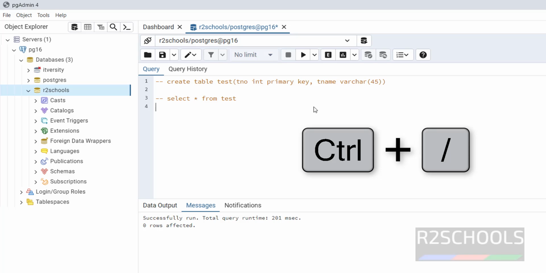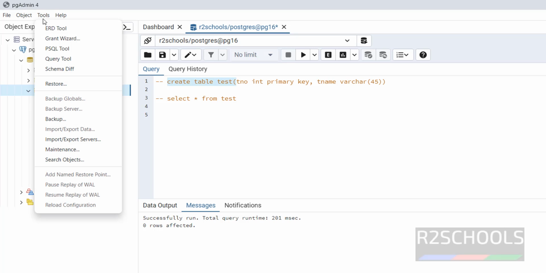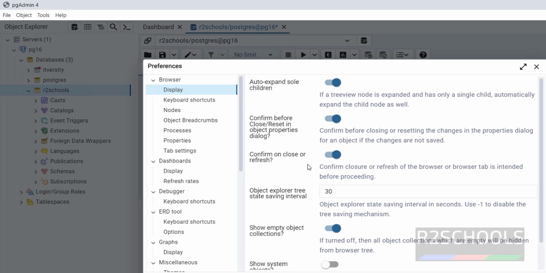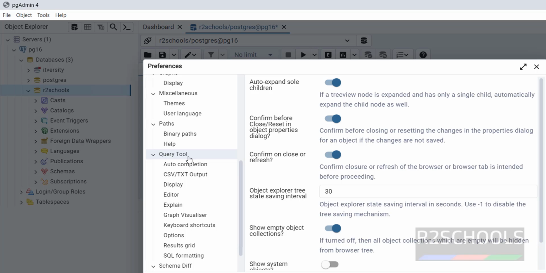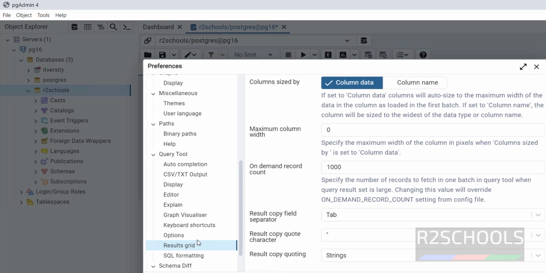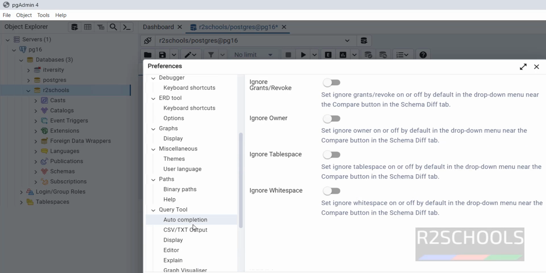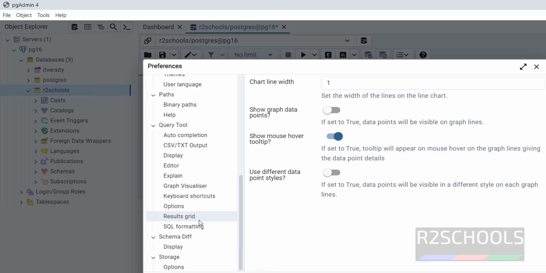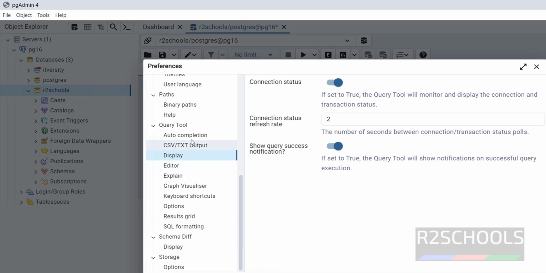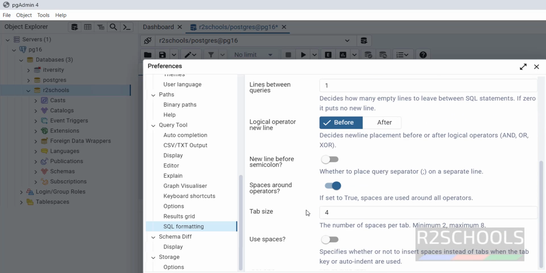These are commented out. Also, if you want to make these capitalize, go to File, Preferences, then scroll down. Here we have options like auto completion. It is by default disabled. Query formatting, result grid. Okay, we can set up all the options like display, everything we can set up. Graphs also. See, we have different options based on your requirement. You have to select them. See, SQL formatting, if you want uppercase, you have to give expression width, everything, go through them and you can